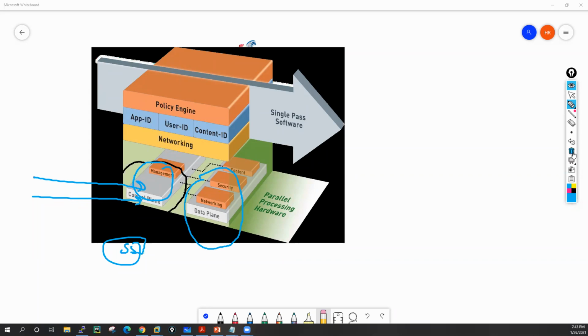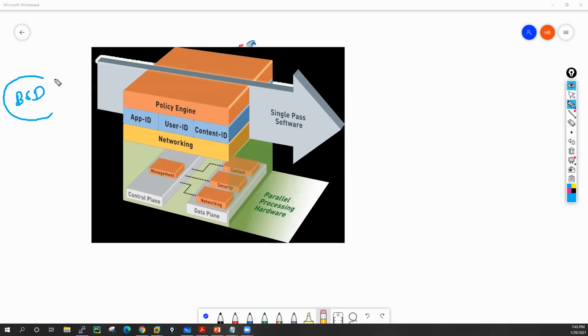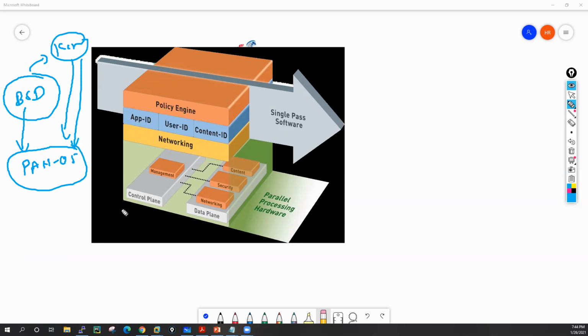And generally, the Palo Alto firewall is based on BSD Linux. They have taken BSD Linux, and on top of it they have put PAN-OS, or we can say the PAN application. In Linux there are some kernel processes which take care of this PAN-OS. Sometimes if you have an issue with these kernel processes, you can restart them, meaning these daemons.